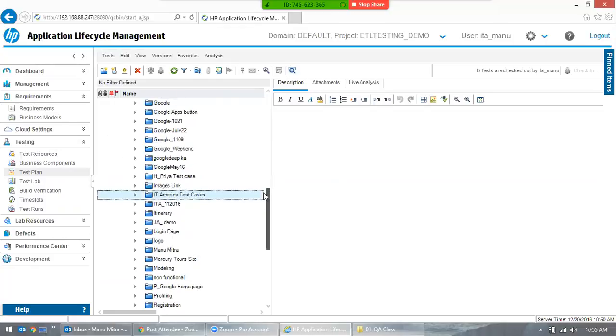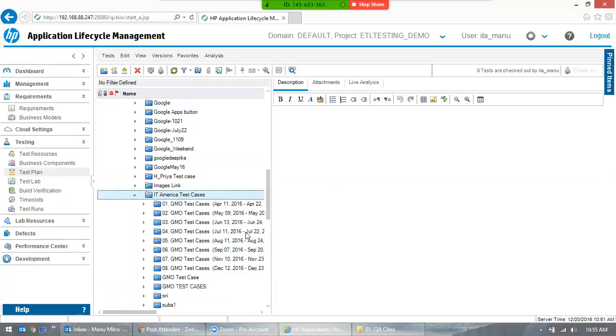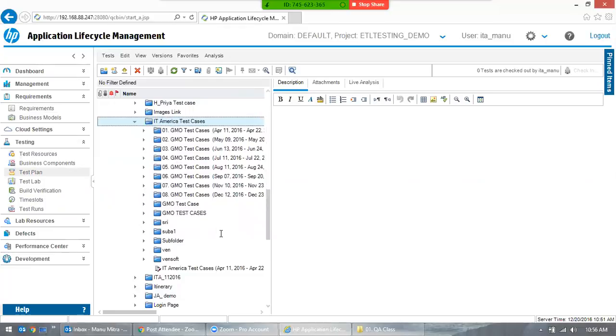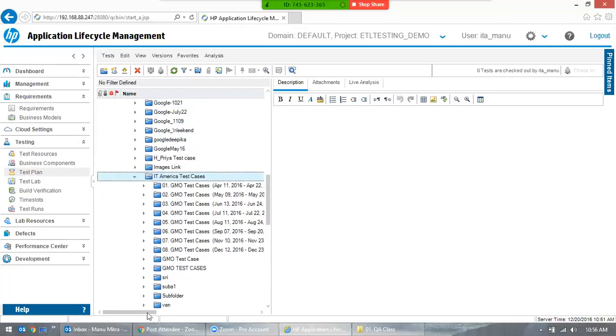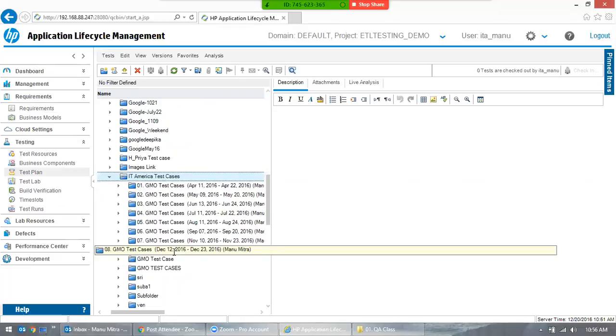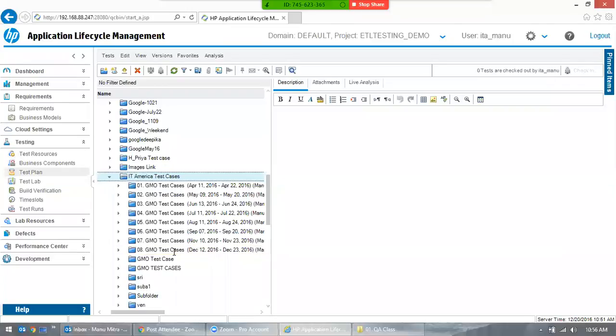So let's say this is what you will be working on, and you figured out this is your project and you want to write test cases. Once you figure out the project, you want to create your own directory or your own folder,